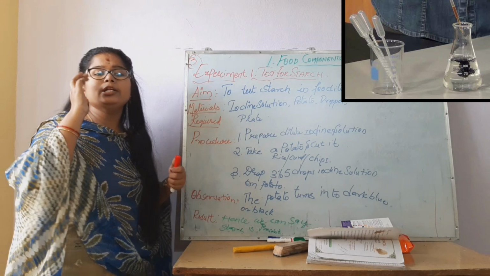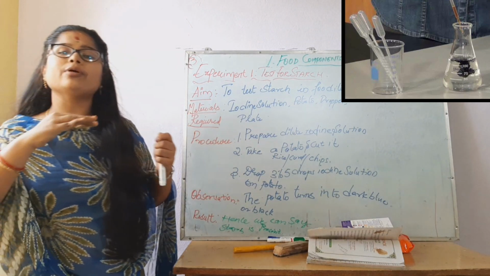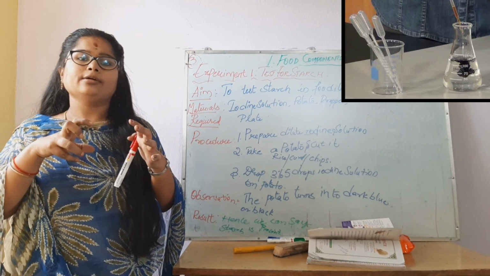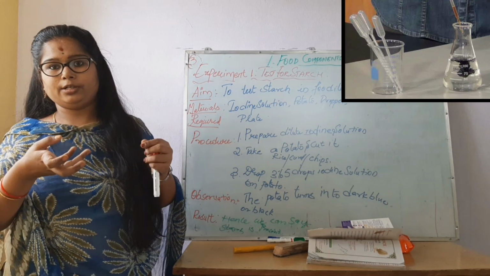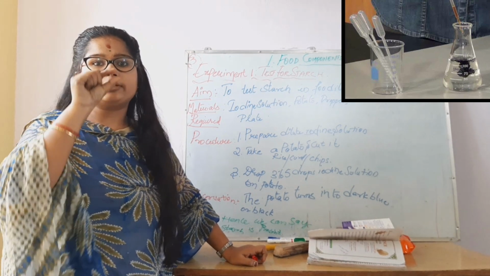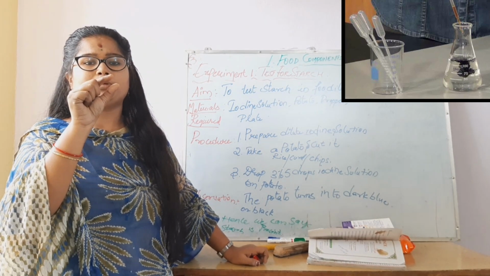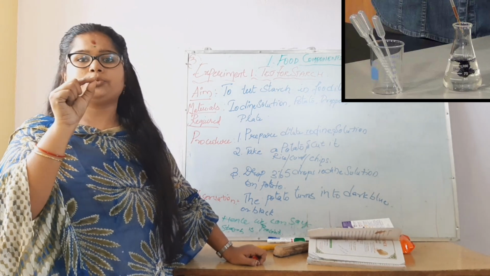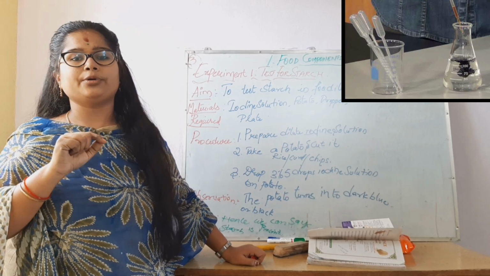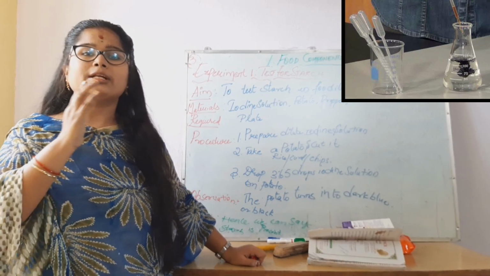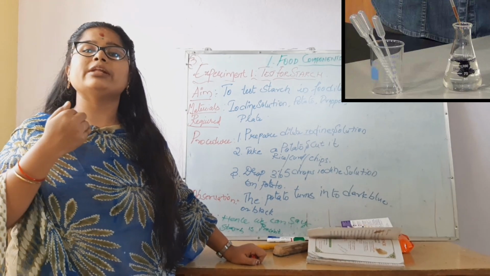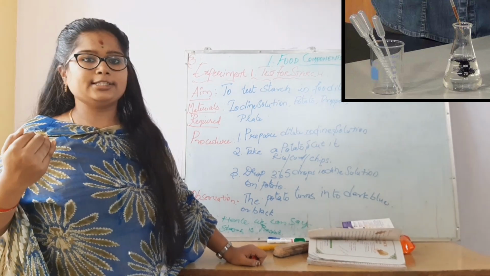What do you mean by dilute? Dilute is something, if you add water to it, it becomes diluted. Something like curd, to make it dilute, you can add water to it. Like iodine solution, thick concentrated iodine solution will be there. If you add 2 to 3 drops of water, then it becomes dilute iodine solution. Dilution means lesser concentration. The original one has more concentration, the diluted one has less.